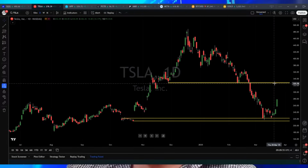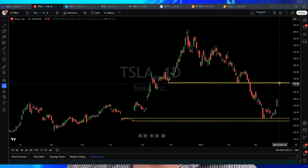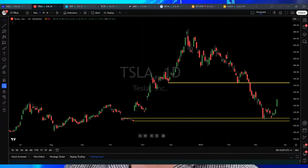Now, if Tesla gets up here, that's where I start to think about a short, right? Pivot low, goes up into this level. We pull the trigger on a short and look for a retrace swing trade. And again, remember, I'm a short-term trader. So I always want to reiterate that, guys, is that what I go over in the game plan is literally valid for today or maybe the next few days, but it's always subject to change because the charts are always moving, right? And so,